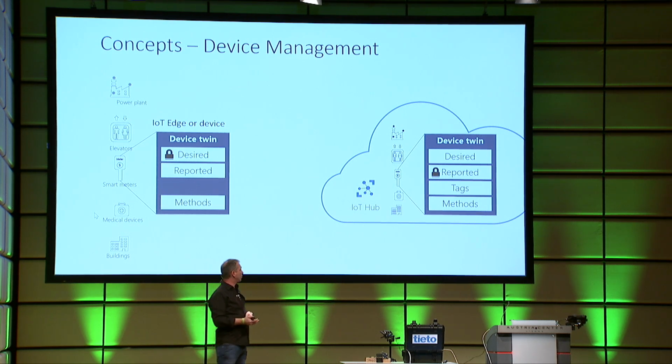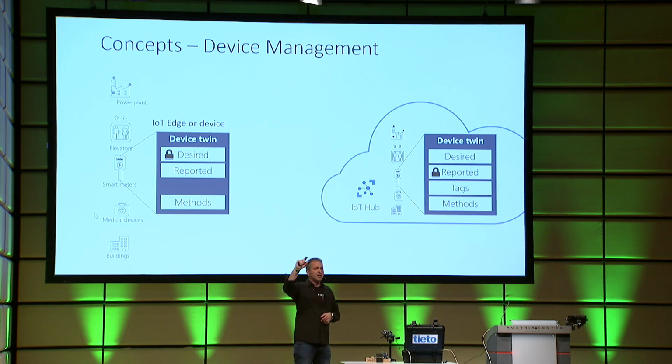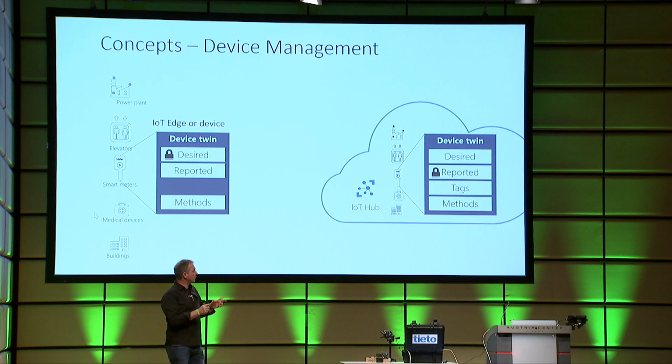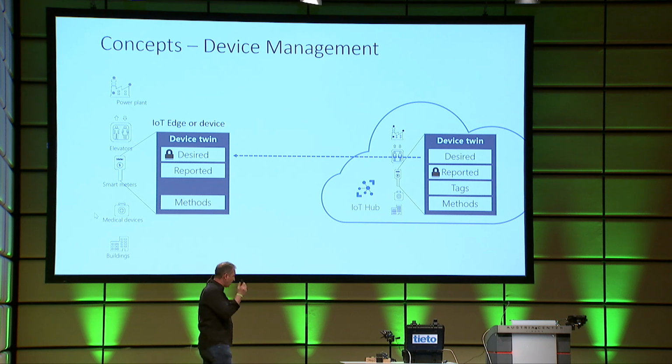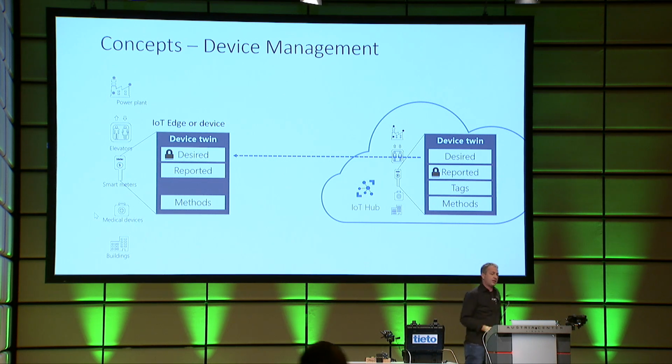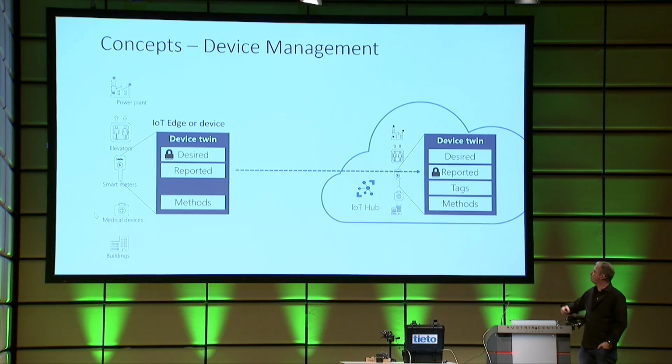One, maybe the most important section is the desired properties. So this is controlled in the cloud. Yeah? Here, for the desired properties, you define all parameters. That's owned, controlled in the cloud. On the other hand, there's the reported values section. That's controlled on the other twin, on the edge device, and that reports the current values to the cloud, so that they become available in the